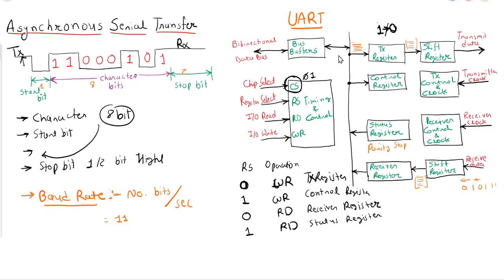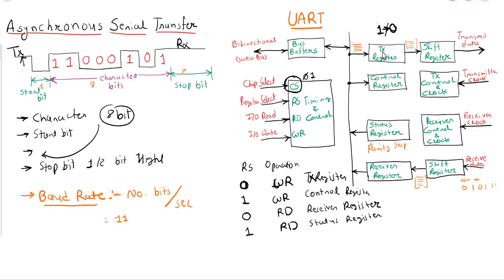As soon as the CPU detects that this register is empty, by checking the status, the CPU will transfer the next 8-bit data into the transmission register. This is how data transfer will take place. After the shift register sends the 8-bit data, the 8 bits of the transmitter register will be stored into the shift register, and this will be set to 0. So again the CPU will put data into the transmitter register.